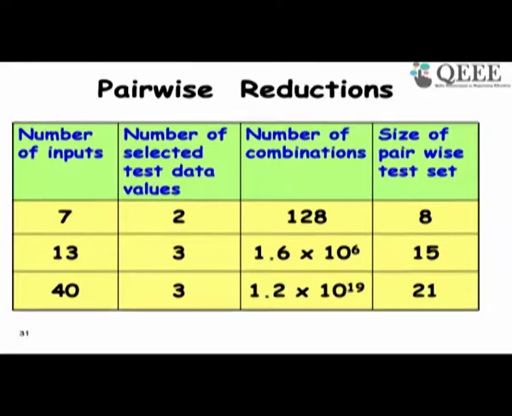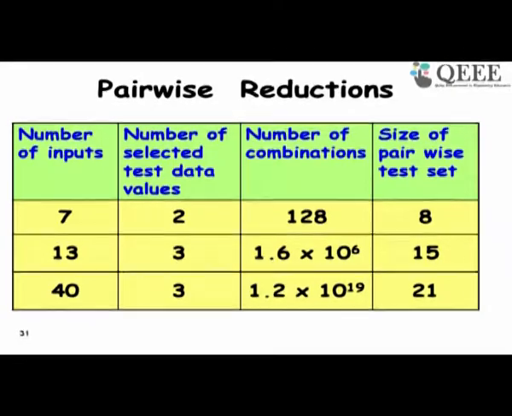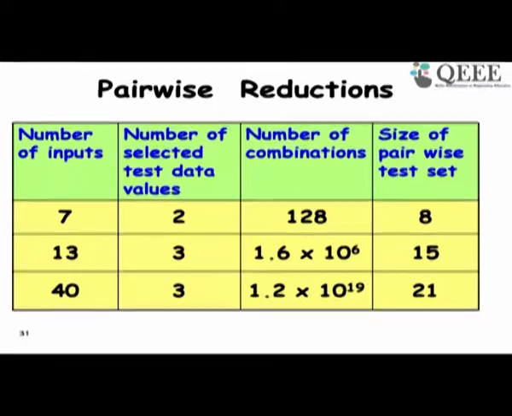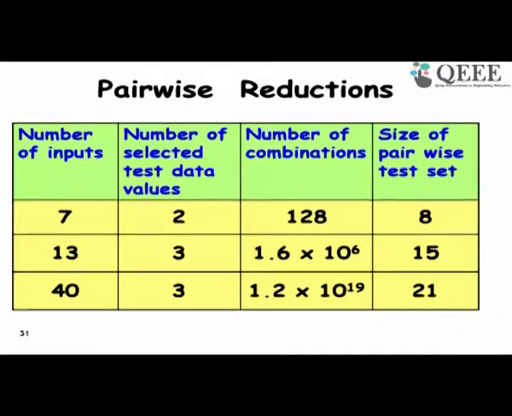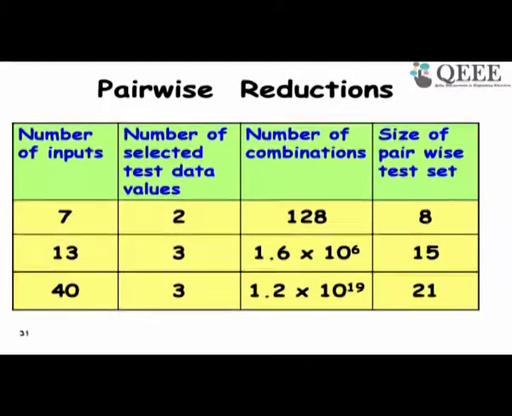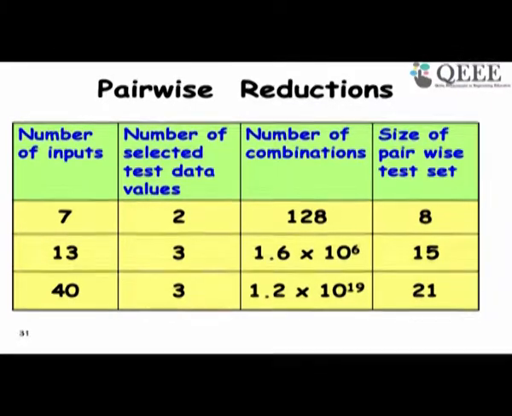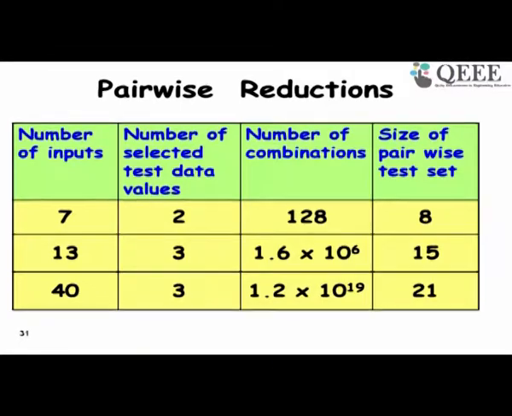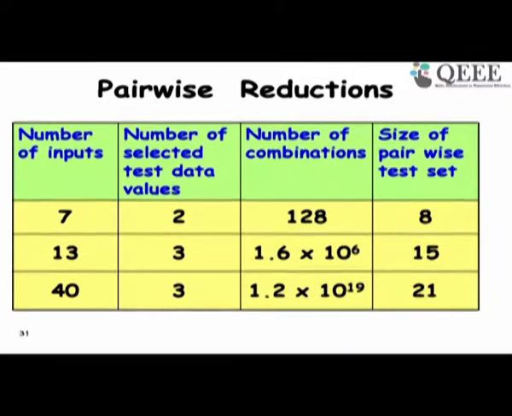Now if we have 13 inputs, and each input can take 3 different values, then we will have 3 to the power 13, which is something like 1.6 into 10 to the power 6. So 1.6 million. And if we have 40 inputs and each input can take 3 values, then we will have